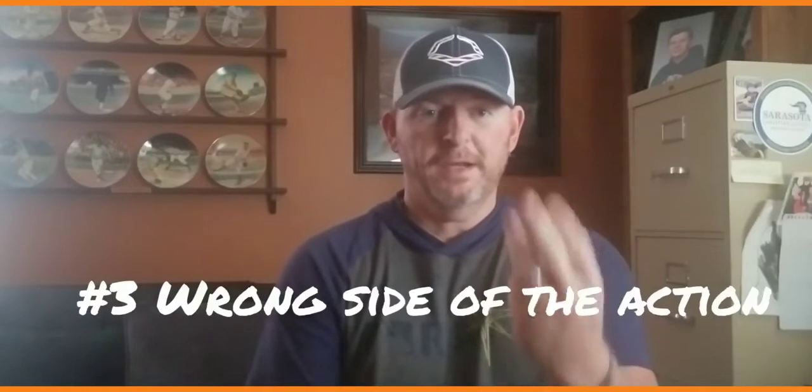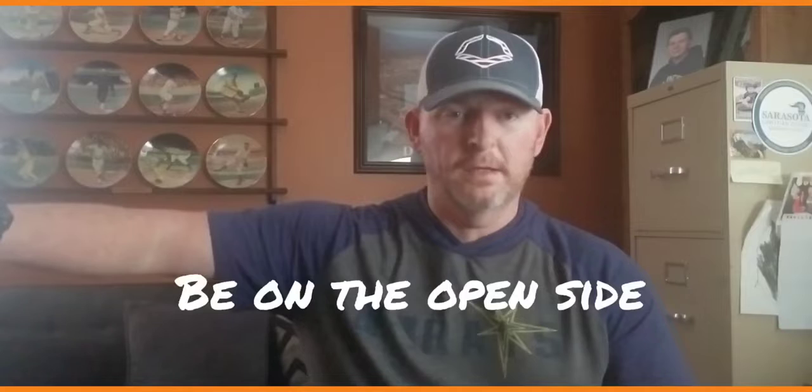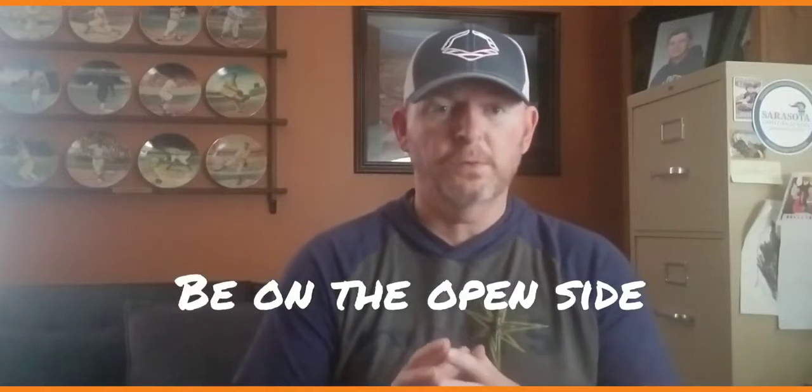Mistake number three, which is very common, you are on the wrong side of the action. So in other words, if your son is a right-handed hitter, a lot of video is taken from behind him with the backstop in the foreground and then looking at his backside. You want to be on the open side of the action. So if your son is a right-handed hitter, you want to be in the left-handed batter's box side looking in